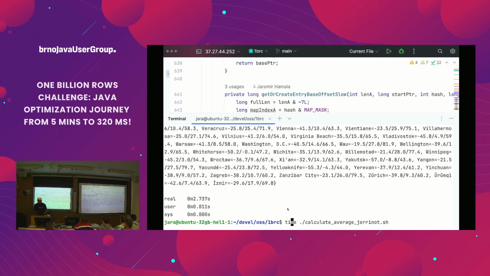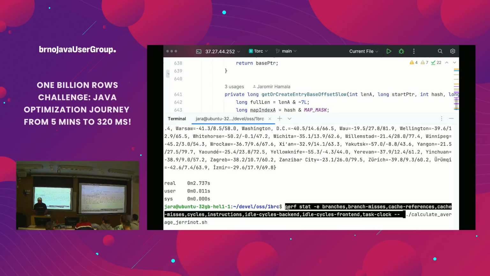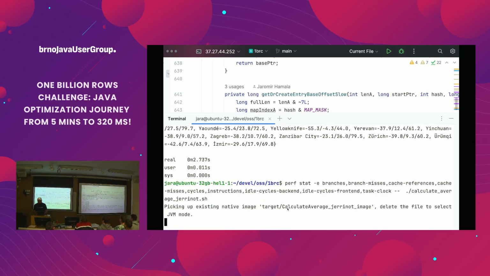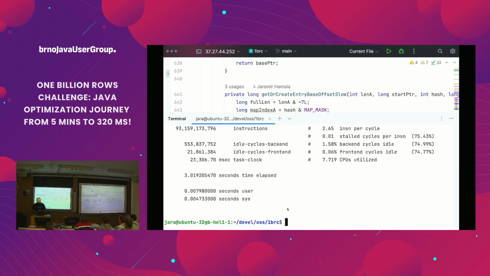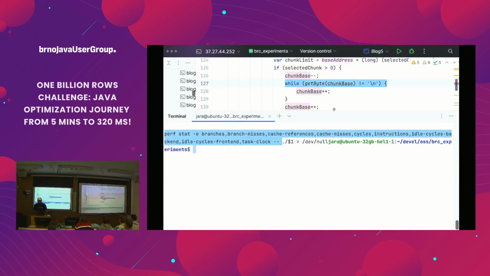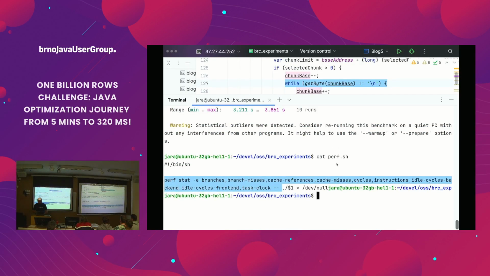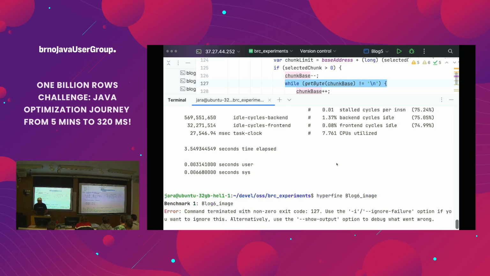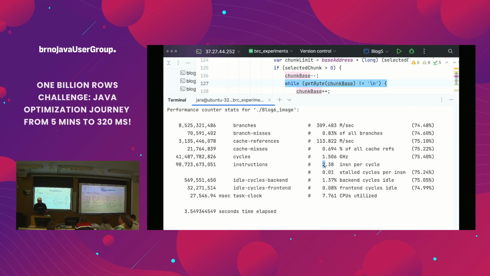I run my code with perf, then the instructions per clock should be higher, hopefully. So instructions per cycle is 2.65, and in the educational implementation it was 2.38. So yeah, our experiment is consistent with your theory.